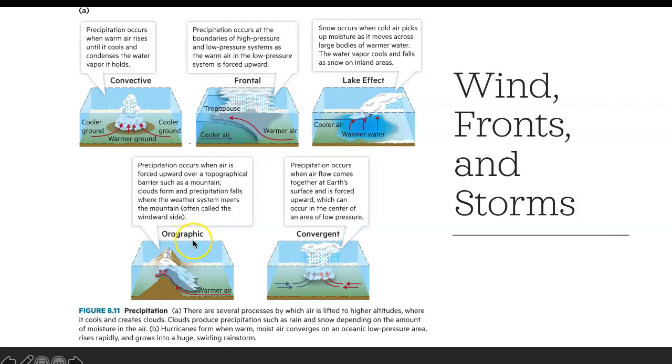Our graphic shows a high mountain area. When the warm air has nowhere to go but climbing up the mountain, it will become rain precipitation because it will encounter the colder air at the higher altitude. And the last one, the convergence, this is a hurricane system. The warm air is very rapidly feeding this system, and it's spinning and precipitation occurs.